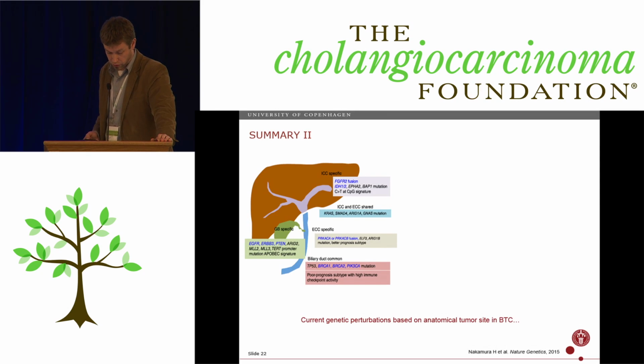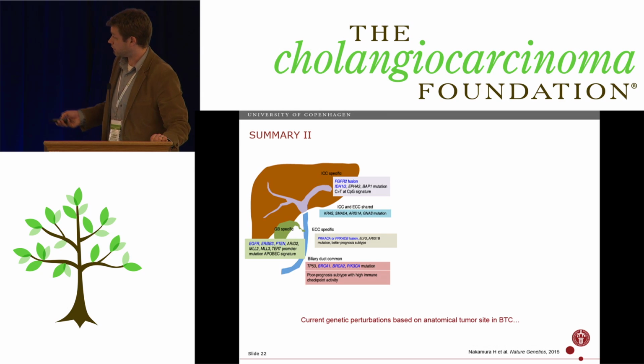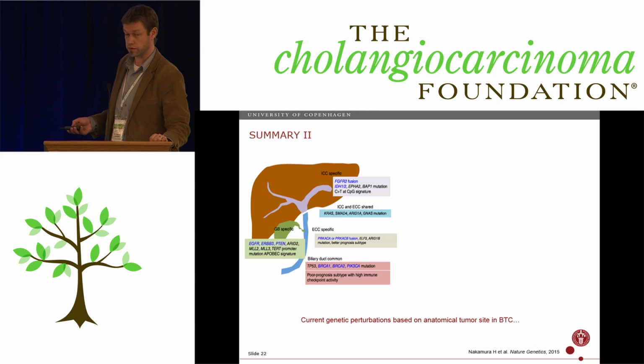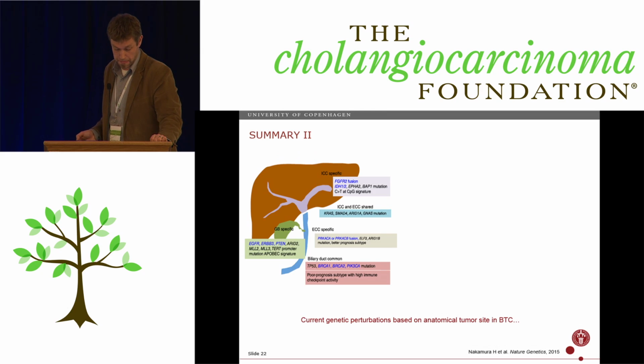So we have seen this before from Nakamura in 2015, Nature Genetics, where he walked through basically the upper GI in the ICGC study of more than 200 tumors. So it'll be interesting to see what happens when we get models for the FGFR2 fusions, if they are truly drivers or not. Definitely currently quite easy to treat compared to many of the other things we see in these patients.